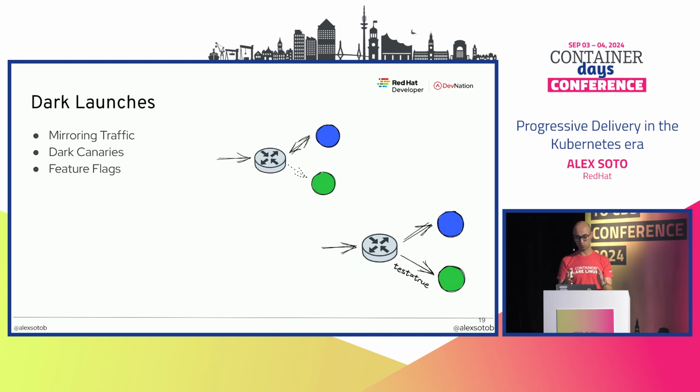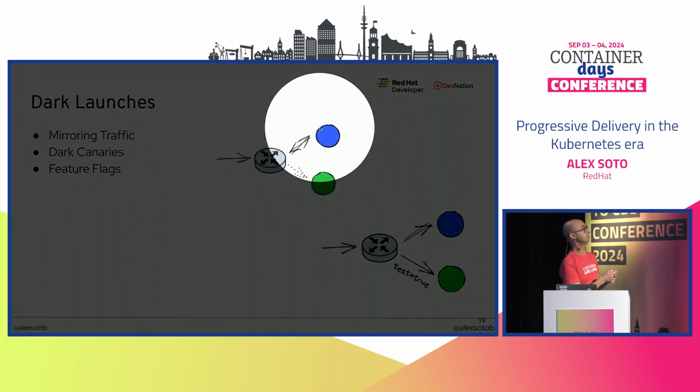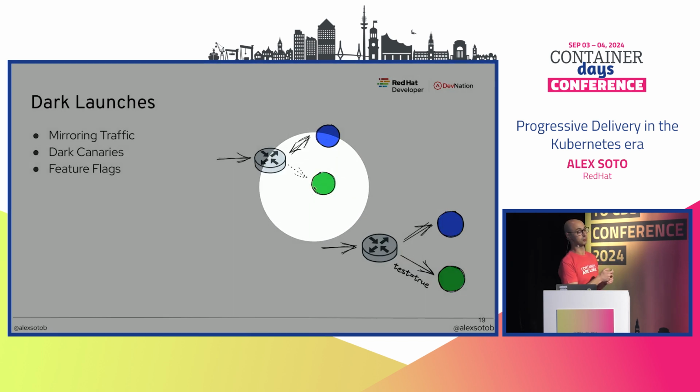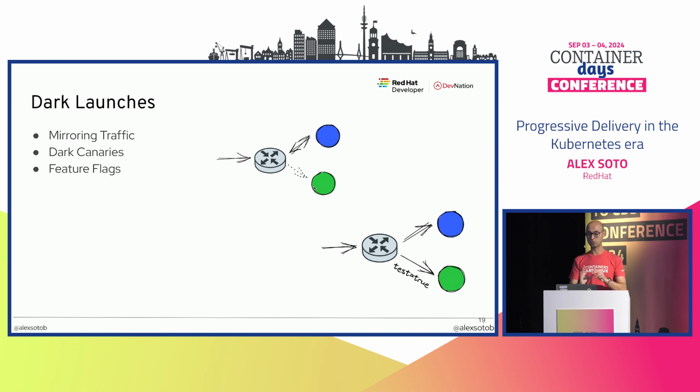And I like to summarize it here like in 3 techniques. The first one is mirroring traffic. Suppose that you've got version 1 running here, and then I deploy version 2. What I'm going to do is just mirroring the traffic. Just saying, okay, I just get a request, and I'm going to send the request to V1 and also to V2. But just see here the